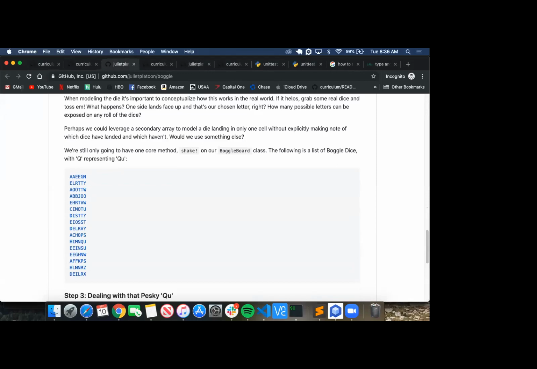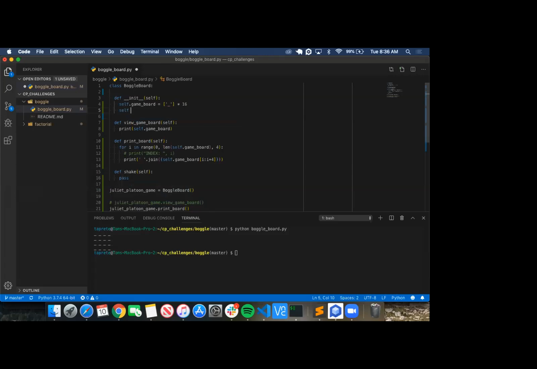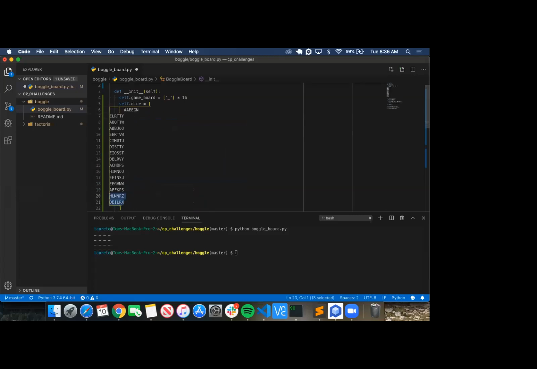So we can even copy paste these dice. So there's a dice. I'm going to create an array. Would that be a good case, a good idea to do that, a class array? You can. But what if one game loses their dice? Or loses a die? I know that's never going to happen, but like,